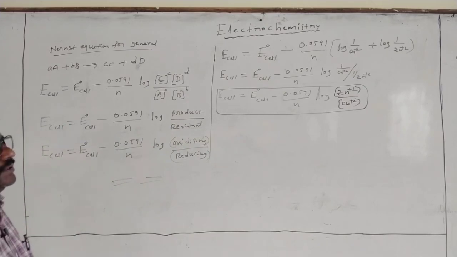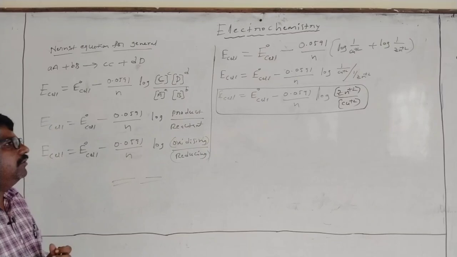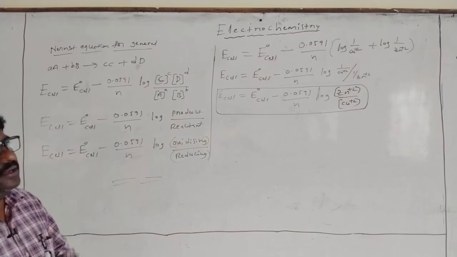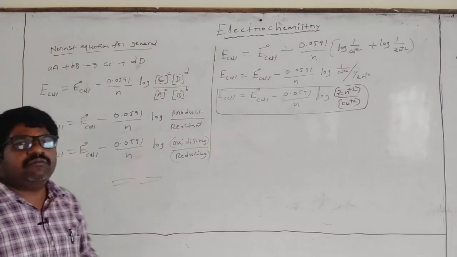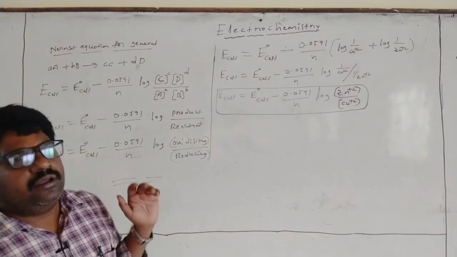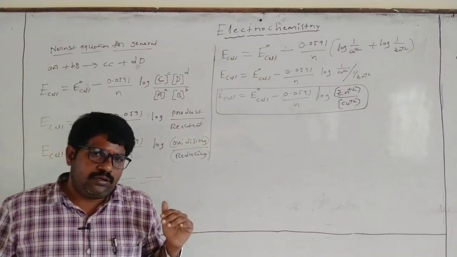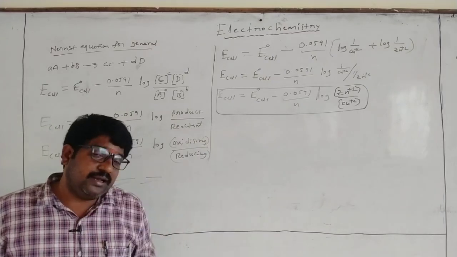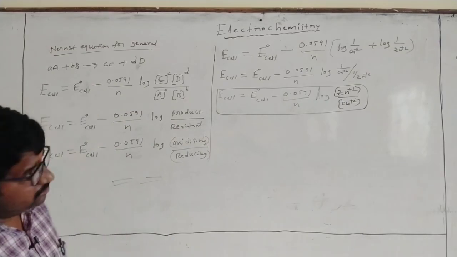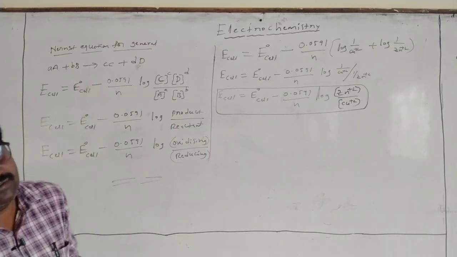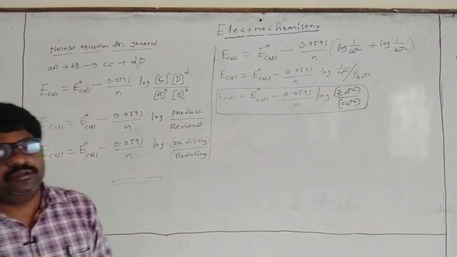These are the formulas and related points. Okay. Tomorrow I am going to explain the relation between the Nernst equation and the equilibrium constant, and how to calculate delta G, that is Gibbs energy. Gibbs energy related to the Nernst equation. Right. Thank you so much.